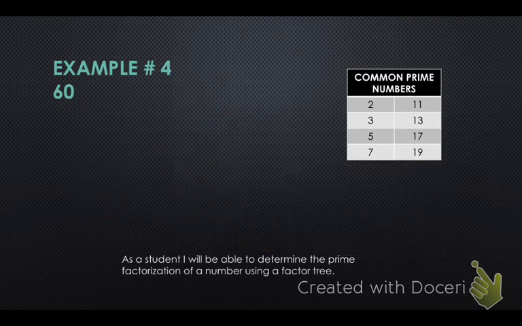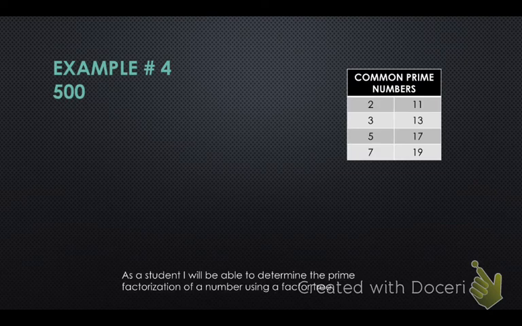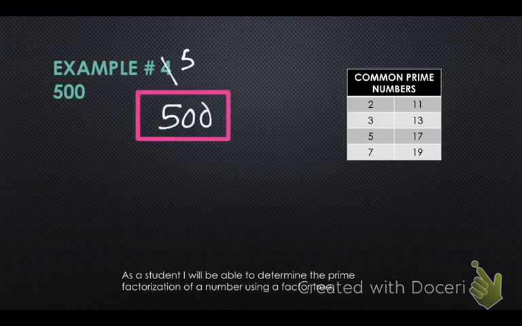All right. Example number 5. Or, sorry, yeah, this should be 5, not 4. This should say number 5. Let's cross that out and make it 5. There you go. Example number 5. We have the number 500. So let's start with 500. All right, we're going to go ahead and put it inside our box. What makes 500? Well, let's start with